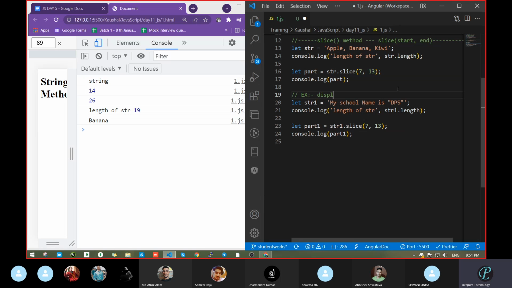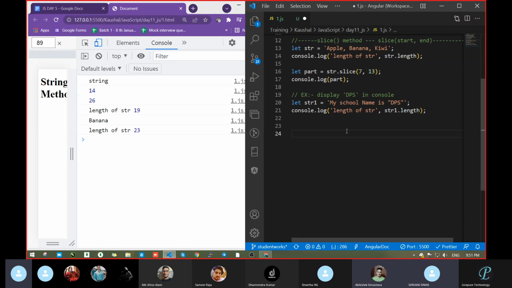See the question. You have to tell the answer. Display DPS in console. Tell me how to display that. But it came from OL to M. So display DPS in console. So how, what will we do? Yes, I have to display this DPS in console, means I want that value only. Tell me how to display.